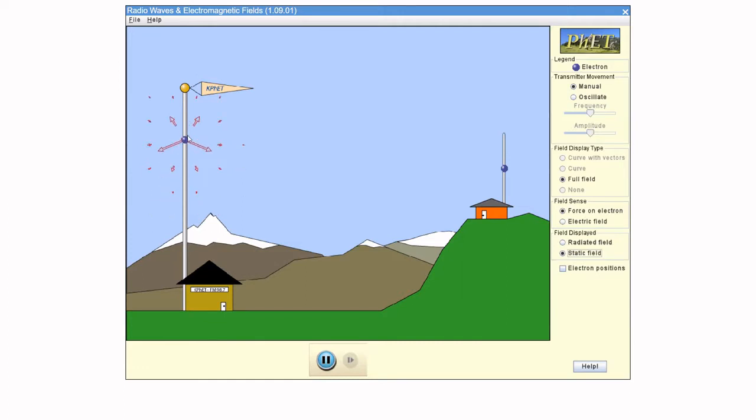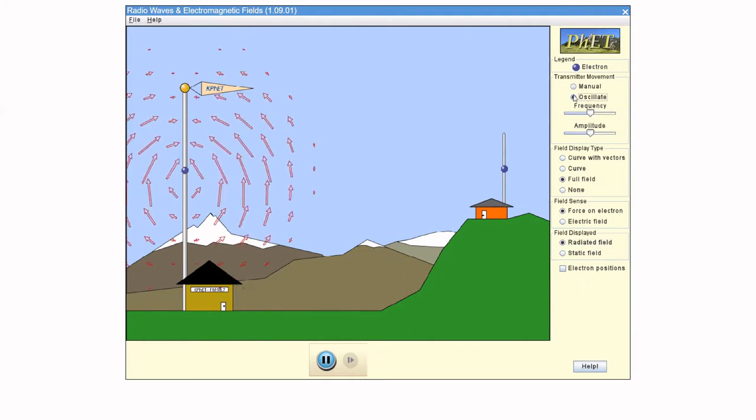And you can imagine that the static field way out here would also have to change. And the static field 1,000,000 miles away would also have to change. And the update in the field travels outward at the speed of light. So let's switch back to showing the radiated field. Look at that. It's still reflecting that outward ripple of the update in the field that I just talked about. Okay, let's set this into oscillation